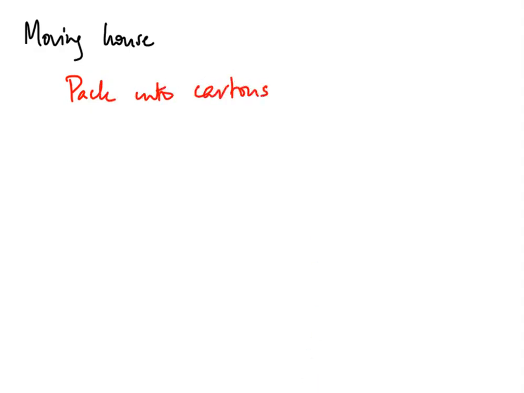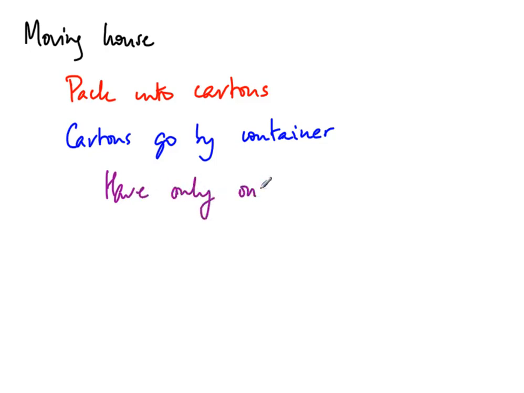So the first example might occur if you are moving house. If you ever moved house, you would know that you pack all your things into cartons, and now if you travel from one city to another, typically the cartons go by a container. So a container is a large cuboidal box which can be loaded onto a truck or a train. Now suppose you can have only one container. So you don't have an unlimited capacity to transport things from one city to another. So you can only load one container, and you have a bunch of cartons, and all the cartons presumably don't fit. So each carton is of different size,